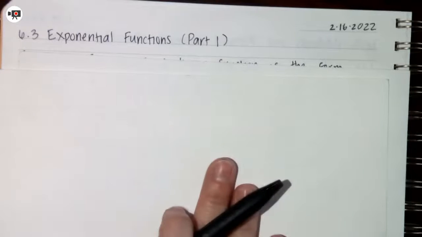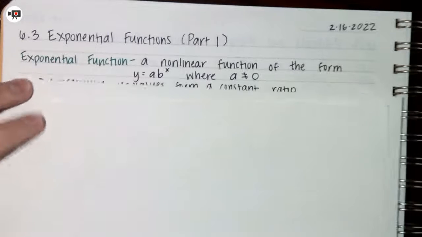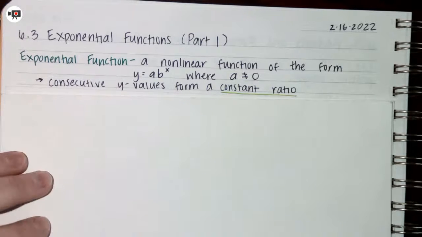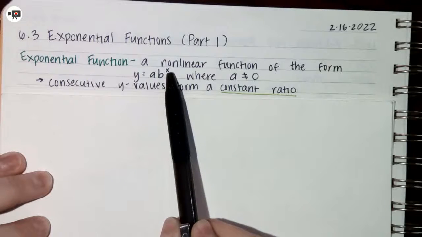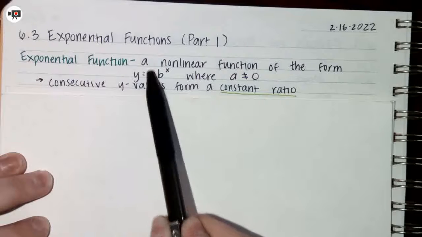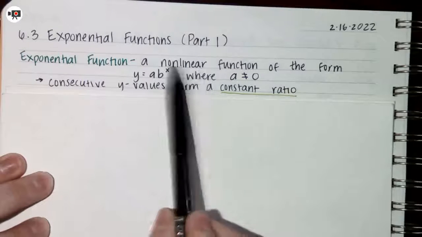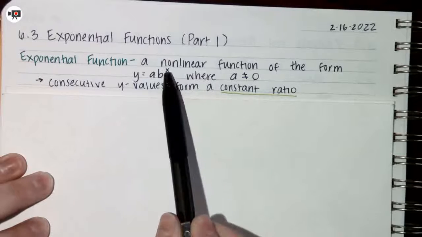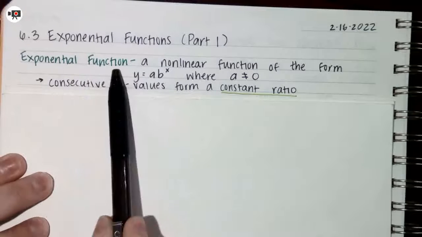This is 6.3, Exponential Functions, Part 1. An exponential function is a nonlinear function of the form y equals a times b to the x power, where a is not 0. If a were 0, this whole thing would be 0. So this is different because it's nonlinear, and the x is in the exponent position. We know it is